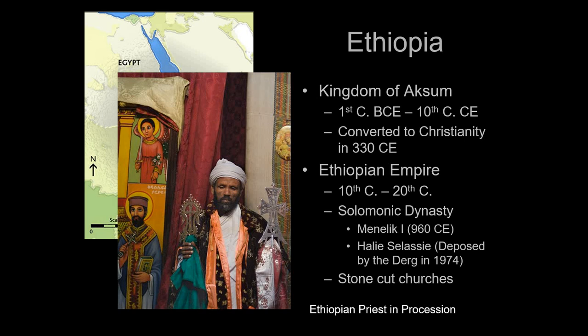In fact, many people suspect that Ethiopia was the legend that started off the story of Prester John. Prester John was supposed to be this great Christian ruler that existed somewhere in the south and was going to come to the aid of Christians in their fight against Muslims. Many people doubt that the letter that was originally written was true, but many people speculate maybe that's where it comes from.